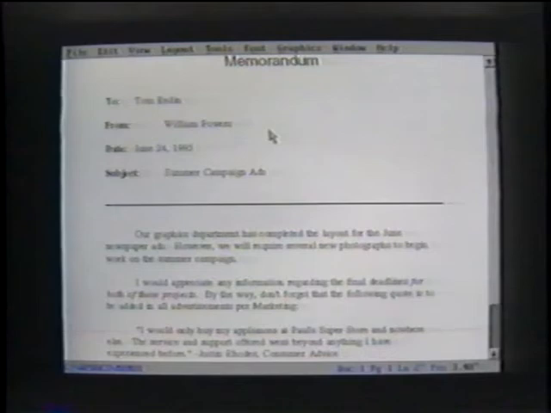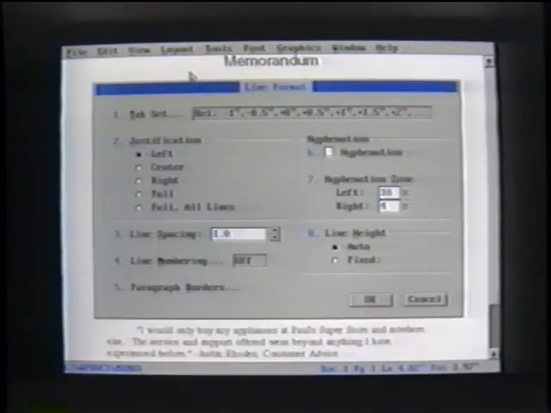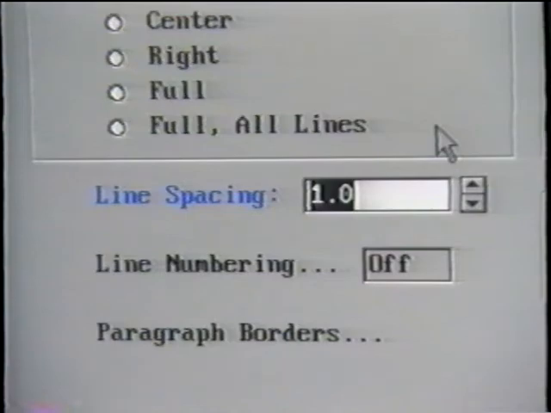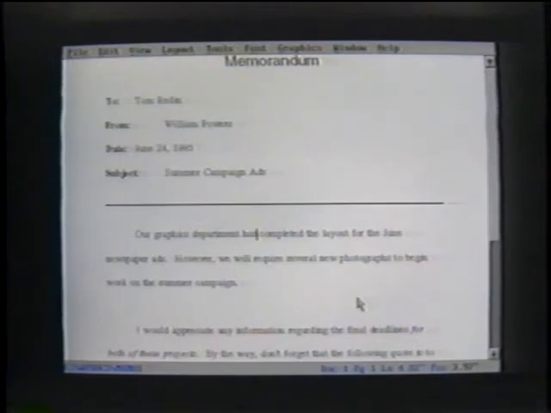Position the cursor anywhere within the first paragraph. Next, select Line from the Layout menu. The Line Format dialog box appears. Go ahead and select the Line Spacing entry field by clicking on it or pressing the number 3 key. Type in the number 2 for double spacing. Then click on the OK button. The document is now double-spaced, beginning with the paragraph where we had the cursor placed and continuing through the end